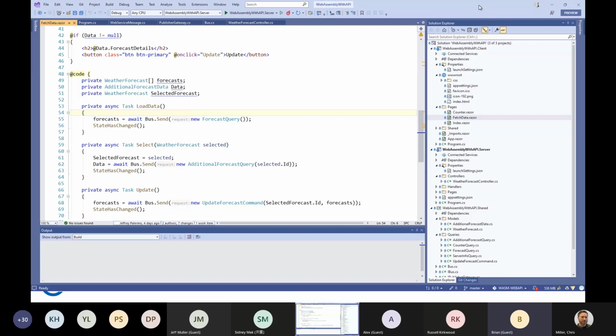So lots of reasons to call a web service. In a Blazor WebAssembly application, let's say an application has 100 screens. Do we really want to have 100 web services? 100 web API controllers? Not unless we have to.